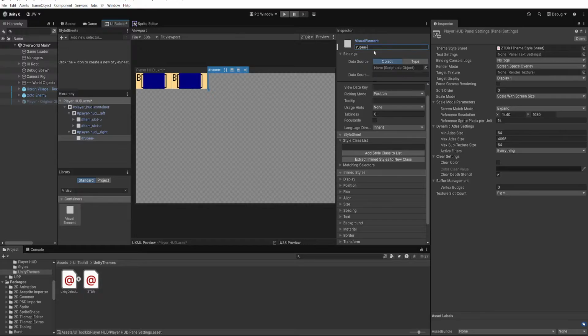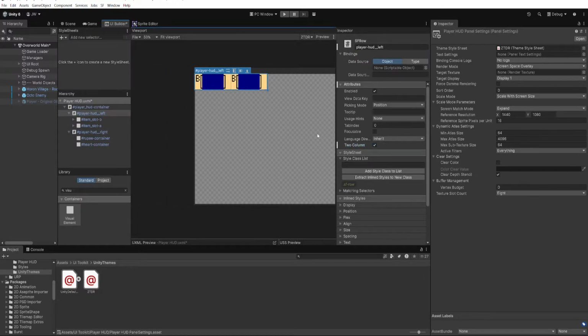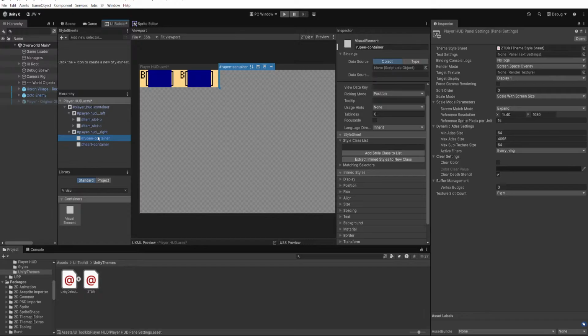Yeah. Okay. So rupee container. And then what we're gonna do is we'll just have another one, and this will be our heart container. Yeah, we're gonna just say our heart container. This one I want to set as 2 column. This one, it's not exactly going to be 2 column though. The reason why is because one is actually going to take up like